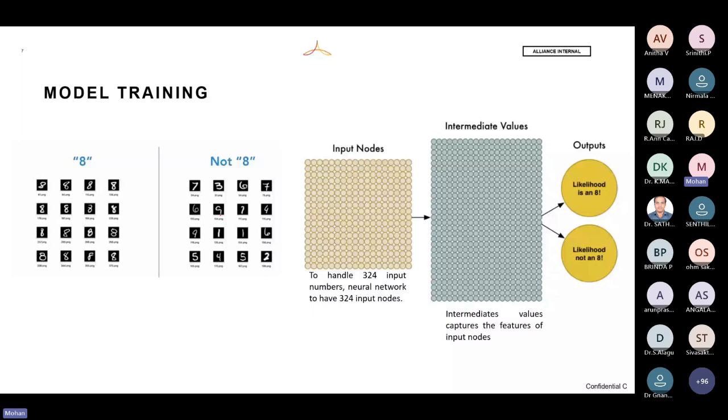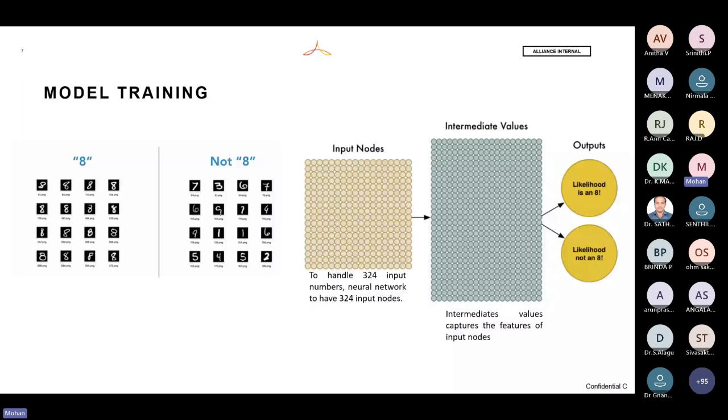This will be fed into any CNN based model, or you can also try to solve it with a deep neural network. The beauty of CNN is that it has feature map extraction followed by classification hidden layers. But a plain deep neural network only performs classification, because it does not extract any feature map from your raw data. Now let's say I have an input layer. In deep learning, you will have an input, hidden layers and an output layer. Since I have an 18 cross 18 input dimension, 324